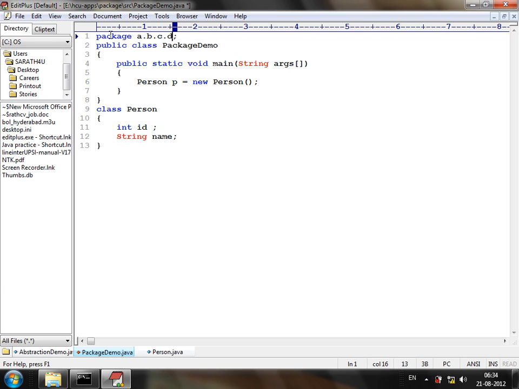But the name of the package structure should follow some standards, and those standards will change from company to company and client to client. So let's consider a company like TCS. TCS has 100 clients, and each and every client may have its own standards for package structures. So the package structures will be as per the standards of the project. In general, most projects will follow a package structure like